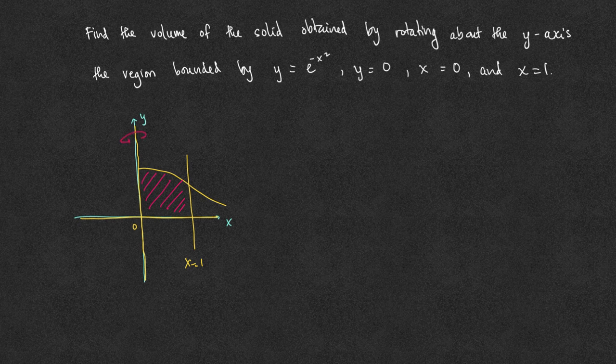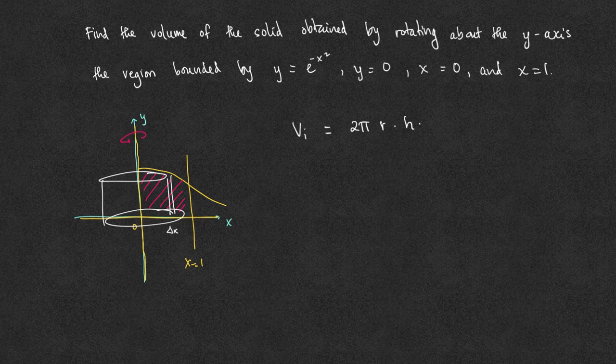Using the shell method, we will slice the cross-section parallel to the axis of rotation, and so we end up with a representative shell. The volume of this shell, V sub i, is therefore 2 pi times the radius times the height times the thickness, but since we slice it parallel to the y-axis, meaning we slice it perpendicular to the x-axis, the thickness